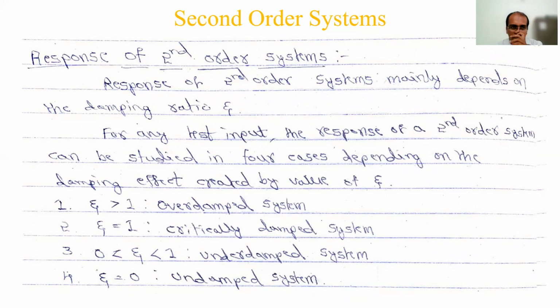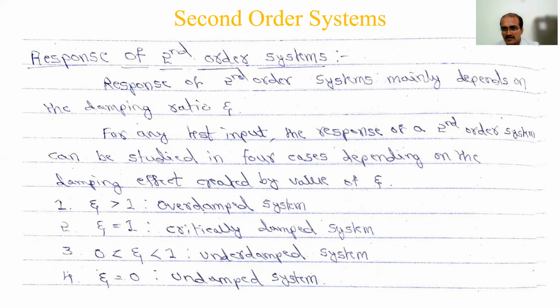So now we will find the response, the same as in the first order system where you did the unit step response. The same thing we will consider here. What does response mean here? You already have the transfer function of the second order system. In that, for R of S, you now have to apply 1 by S, and then find the inverse Laplace transform in the same way to get Y of t.